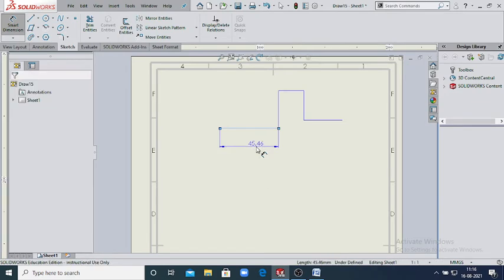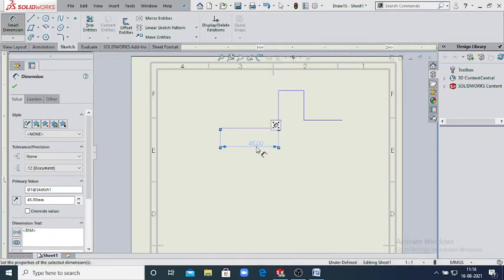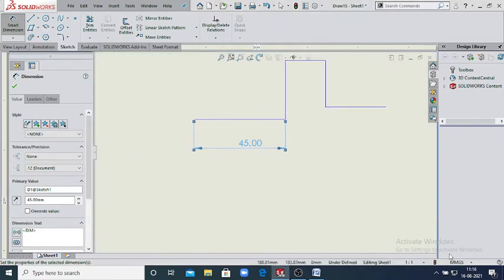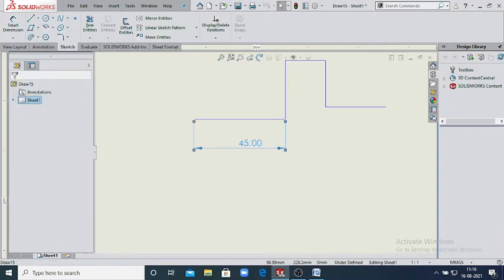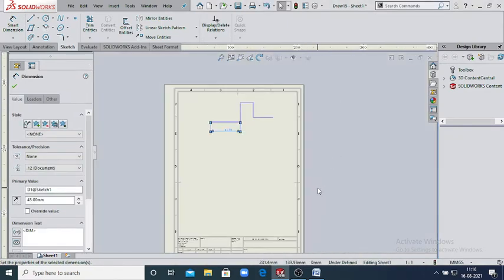And here will be the smart dimension. When you click on the smart dimension, you just give the dimension, suppose 45. So this one is your 45 mm. Now you can also select the units here: millimeter, gram and second. If you click on centimeter, it will be converted to 4.5 centimeter like this. Again if you click on mm, it will be converted to millimeter units. So this one is your line command. There will also be a center line and a midpoint line here. This command is generally used for the midpoint of the object.